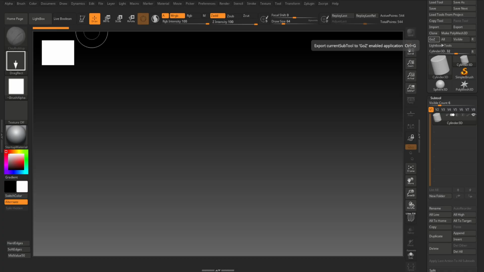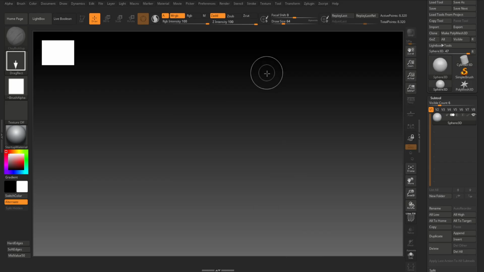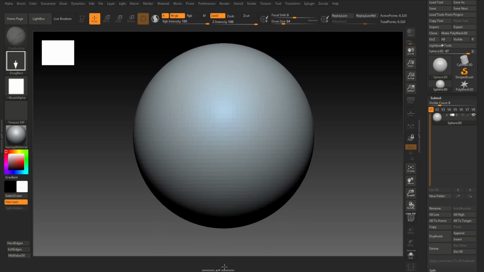So in this tutorial I will show you how to navigate properly in ZBrush. When you arrive in the software, you will have nothing on the screen. So you will have to go here, just here, put the 3D sphere, okay, and click on the screen and drag. Okay,